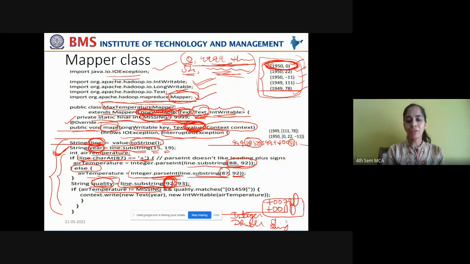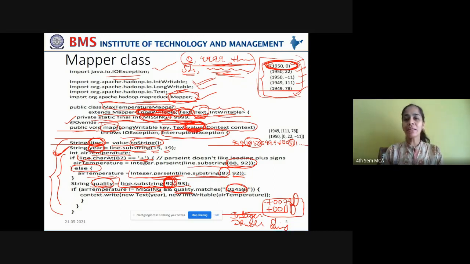Now, if a temperature is not equal to missing and the quality code matches any of this pattern. Either it is 0. In some weather stations, the quality code can be recorded as 4. In some stations, the quality code can be recorded as 1. There are some predetermined values which indicate the quality code at that particular weather station, right? So the allowed quality codes may be 0, 1, 4, 5 and 9.